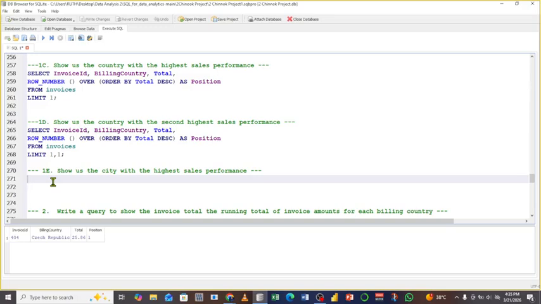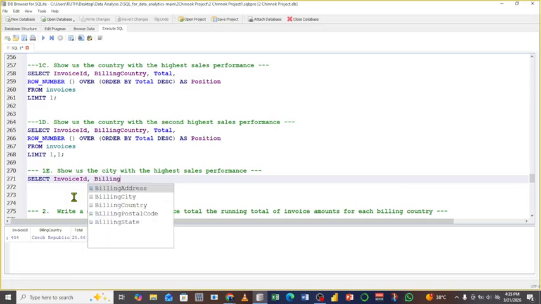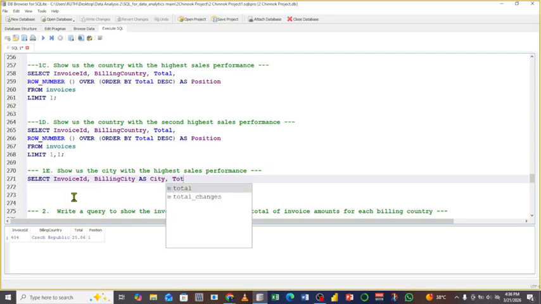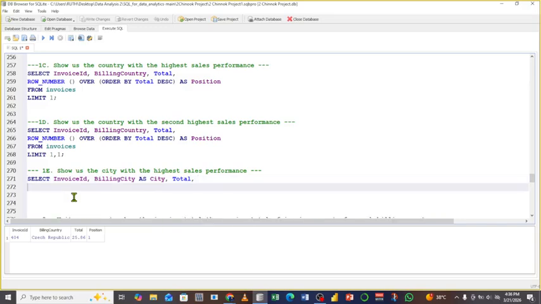Okay. So select invoice, comma, invoice ID. Then billing city as city. We don't have to select billing country, right? Yeah, we don't need to. Billing city, then total. Total. So the next line, row underscore number,